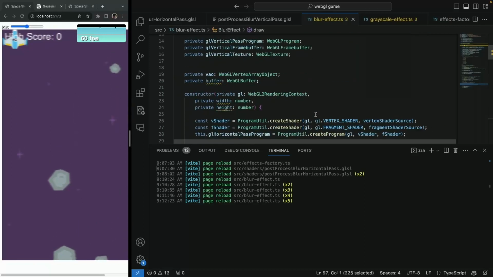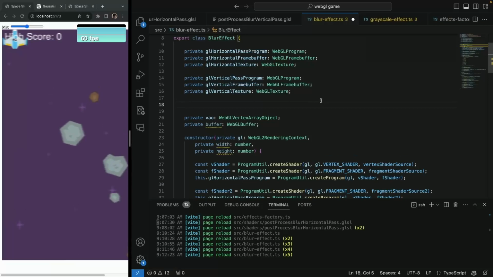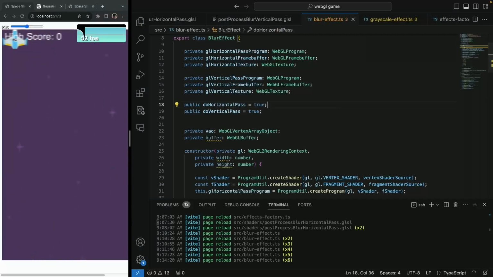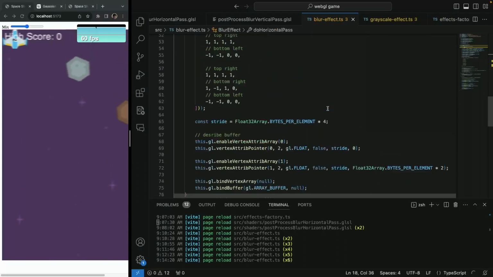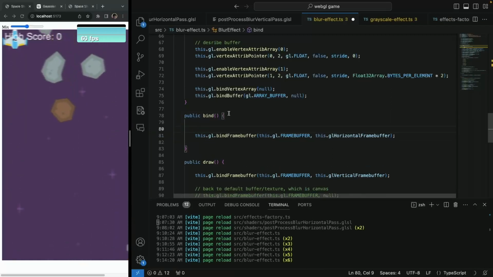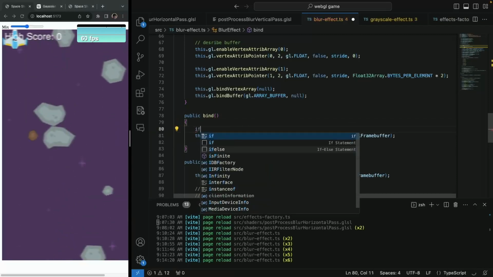So let's add some values so that we can control all of that. Let's create here doVerticalPass, and set it true, and then similarly doHorizontalPass and set it true. So now I want to control those passes. First of all we're going to need to play with bind, and we can remove this clear. It's really not that important because we're always using the scene texture. And if you're doing the horizontal pass,